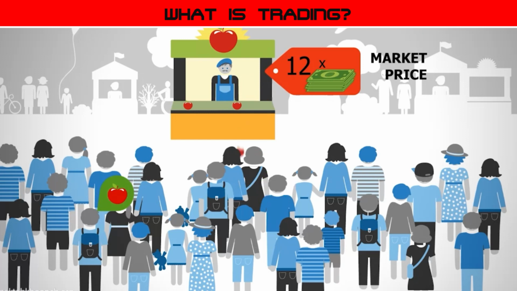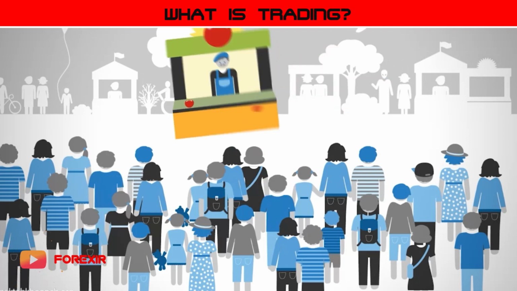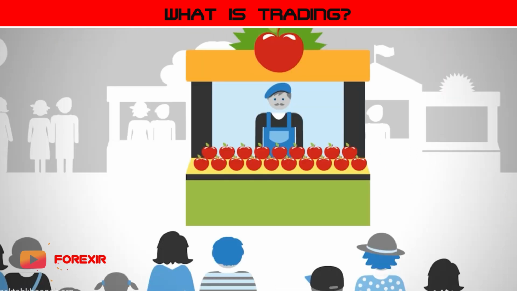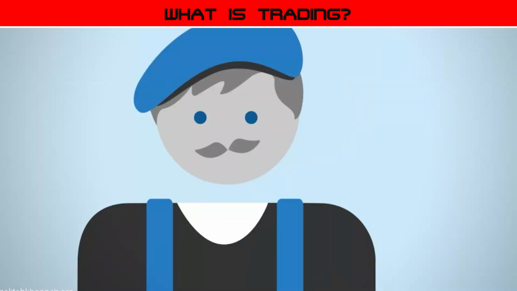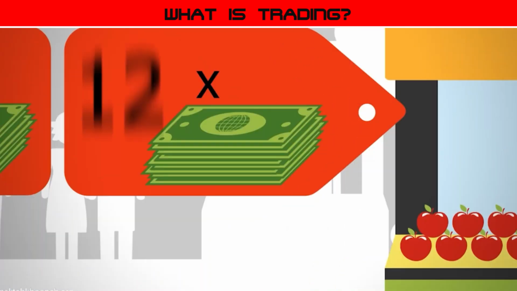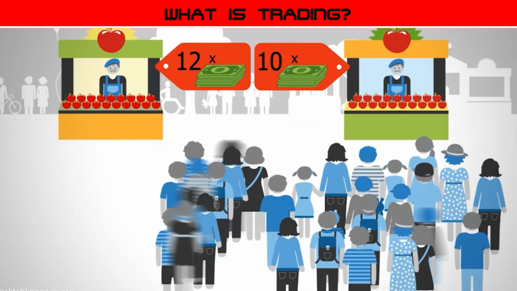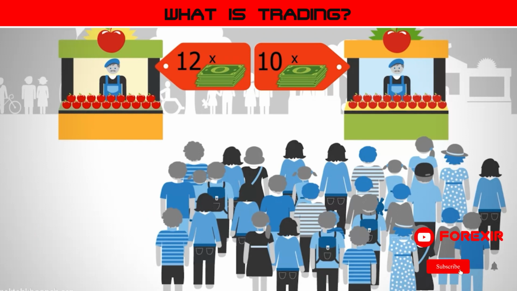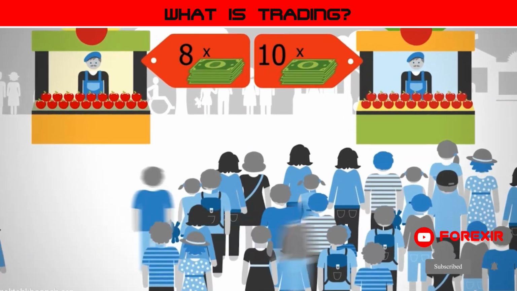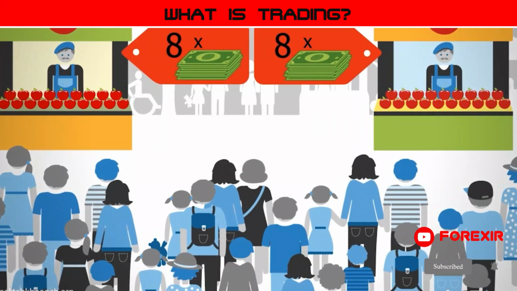If the supply of apples increases, the price will likely go down again. Take, for instance, another market stall owner coming into the market offering more apples. His strategy to get into the market will be to offer apples at a lower price. More and more people will buy apples from the new stall, and so the first one will have to reduce its price in order to compete. The price of apples can stay like this for a while or change, depending on the balance between supply and demand.